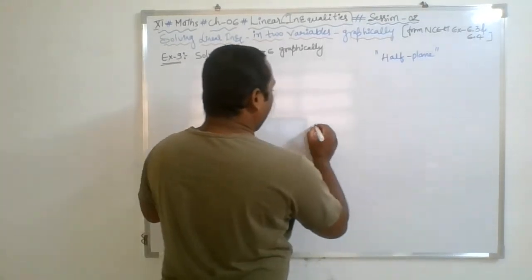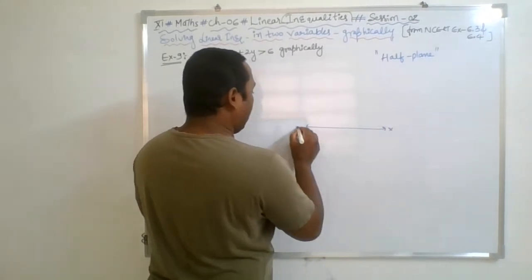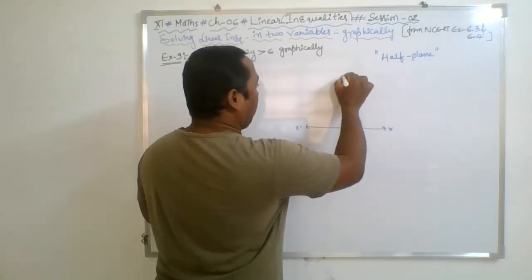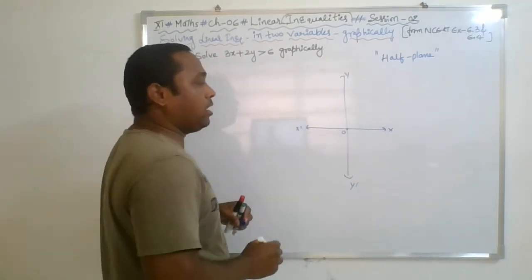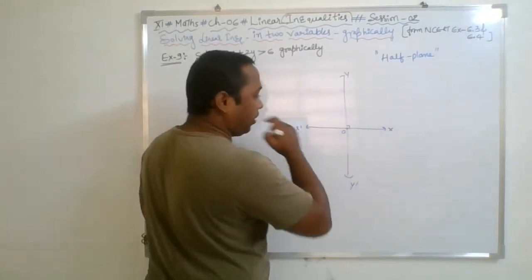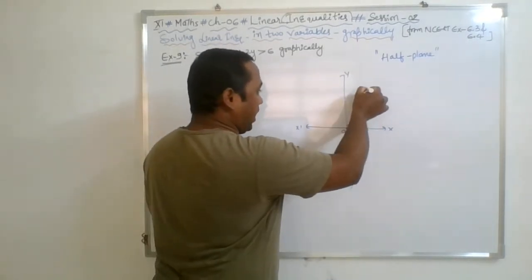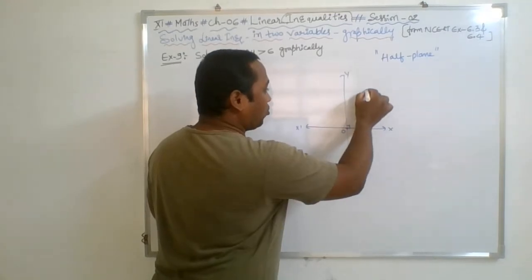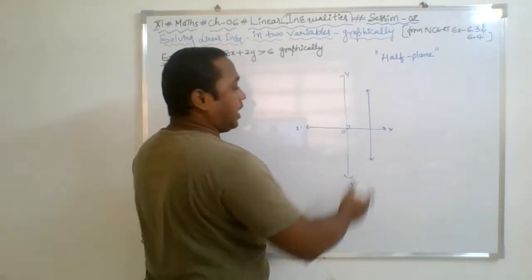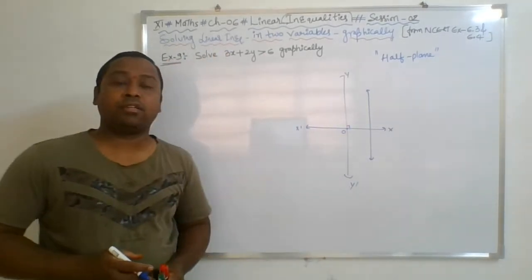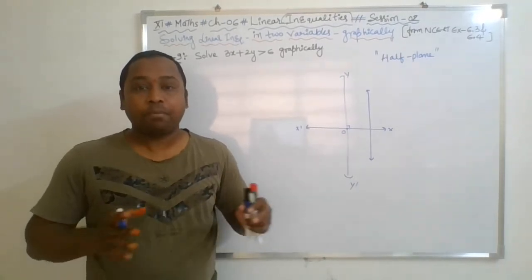Let us take, for example, I am just drawing randomly here, x dash, y dash is a Cartesian plane and O is called the origin. They are mutually perpendicular to each other. This is called the xy plane. So if you draw any line, that is called a straight line. Line means straight line only. So ultimately this line divides the entire plane into two equal parts. Each part is known as a half plane.